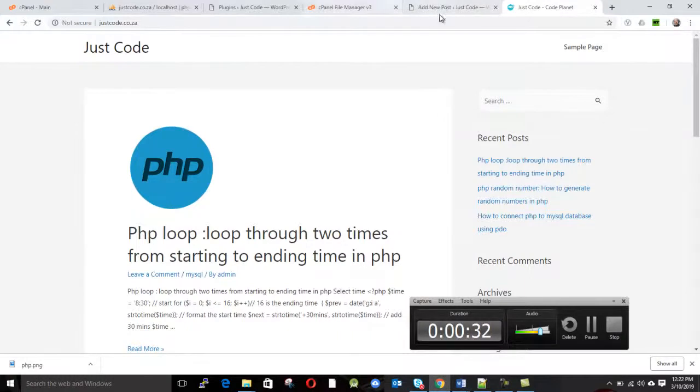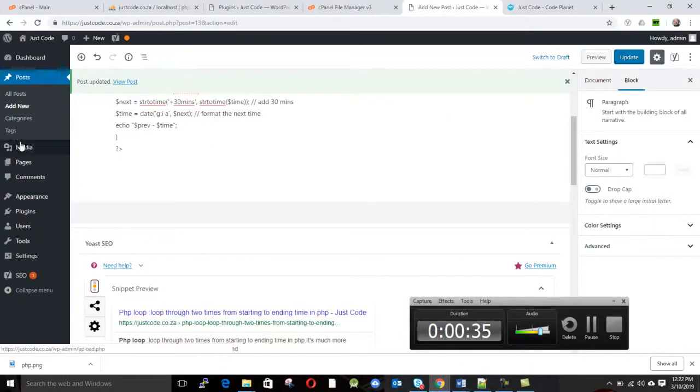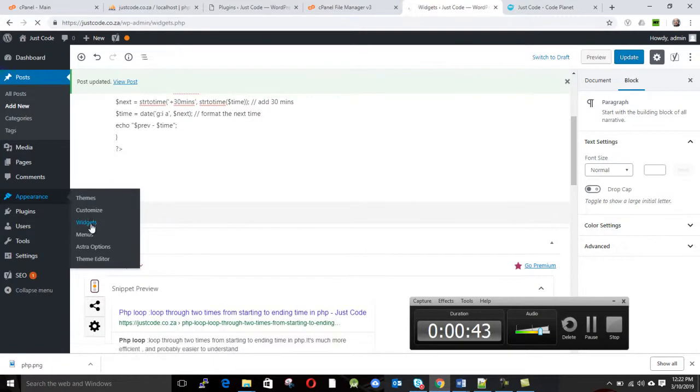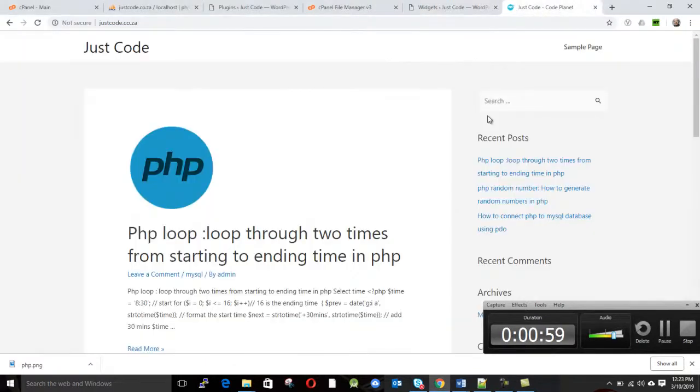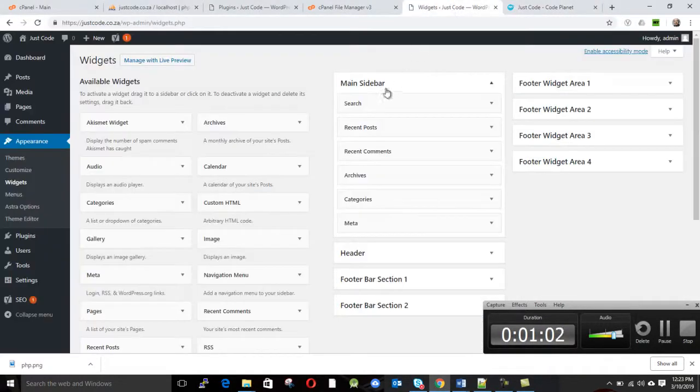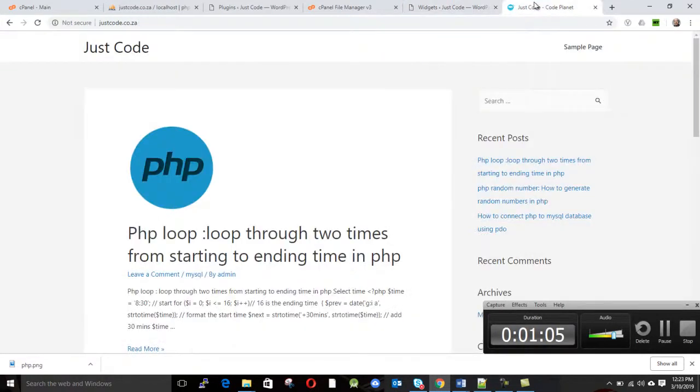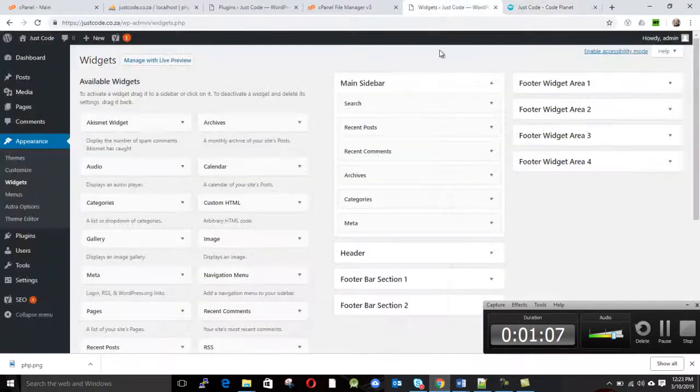What we do is go back here and click on what they call your mouse roll of an appearance, then you go to widgets. Sorry, it's a little bit slow, but we're going to be there soon. So when we're on widgets, they say main sidebar. That means the main sidebar is this. That's where you see your search. If you take it out, you won't see this anymore. Recent posts, that's where you can see recent posts. You can see recent comments, archives,